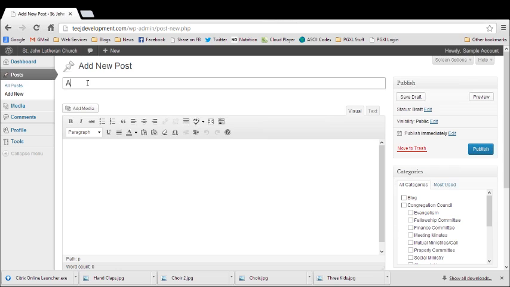So we need a title. This is going to be how to post to the web. Okay, I'm going to show you how to do two things. I'm going to show you how to do text, and I'm going to show you how to do a photograph. So the first thing we need to look at